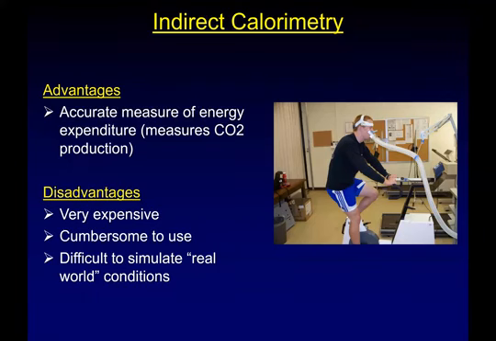And we could put one on Madison and make her walk around campus all day, go through all of her daily life. And we could do this, and we could get a very, very accurate measure of this. But again, it's somewhat difficult to simulate real world settings with this, because my guess is that Madison is not going to want to wear a backpack and a mask and do all of these things. So people are going to ask a lot of questions over the course of the day if you're doing something like this.